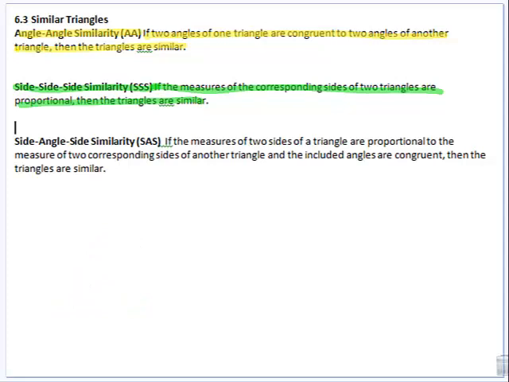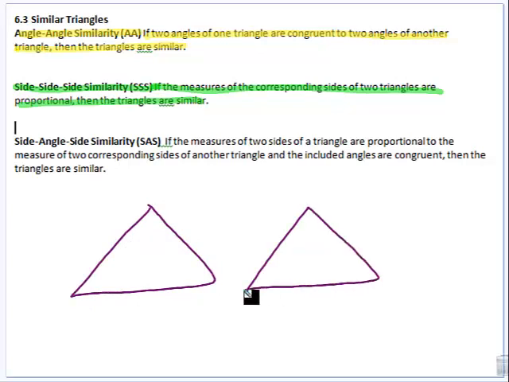All right, so side-side-side similarity. If we have two triangles here, we don't know anything about their angles, nothing. But if we're told that 8, 10, and 6 are the sides of this triangle, and then the other triangle is 4, 5, and 3,